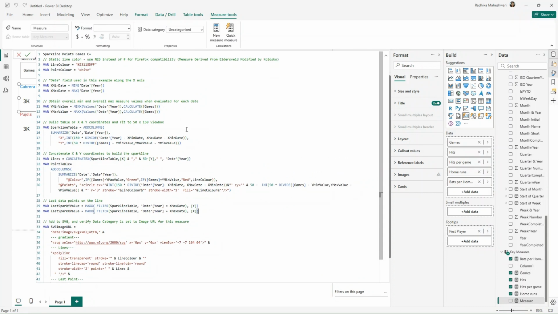Now that this is done, all our errors are removed, and I'll click on commit.